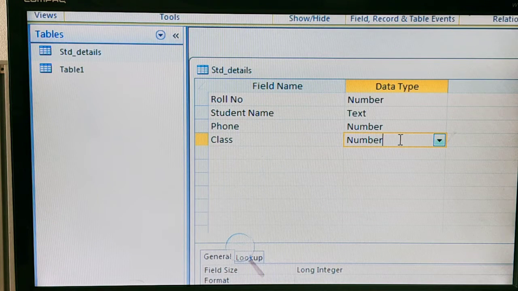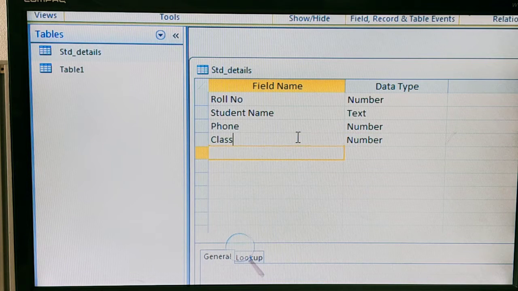So the value 10 should be the default for all the students. Why? Because this is the table we have created only for the 10th standard student details, right? So the class field should have a number data type, and the value of class should be 10 for all the students.